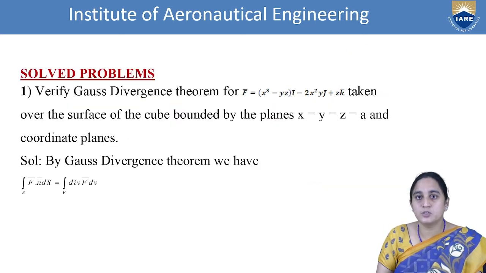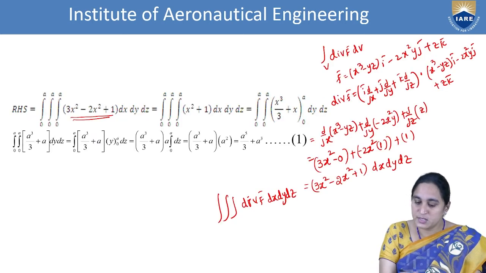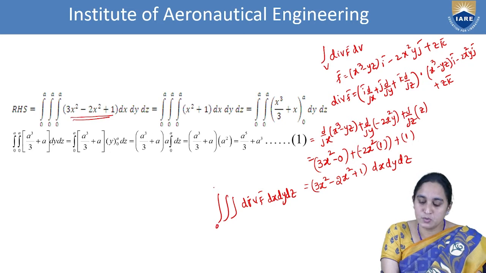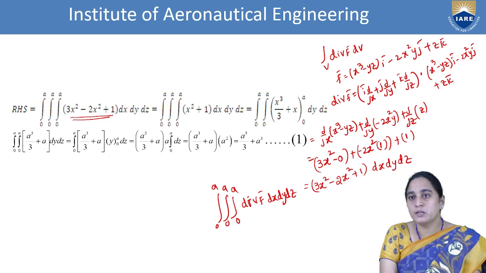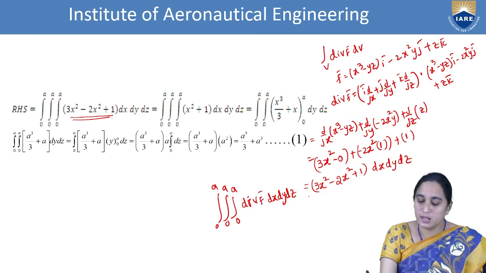The vector is passing over the surface of the cube bounded by the planes. What are the planes here? x is equal to y is equal to z is equal to a. That means the limit points are 0 to a, 0 to a and 0 to a. Directly I am calculating the volume integral. That is integral 0 to a, integral 0 to a, integral 0 to a, divergence of f bar dx dy dz is equal to